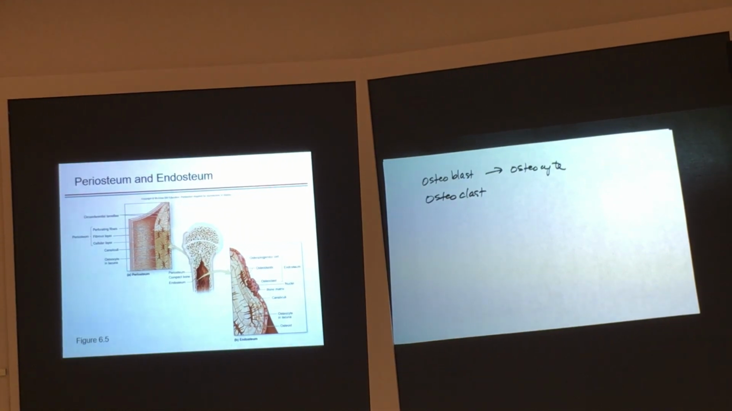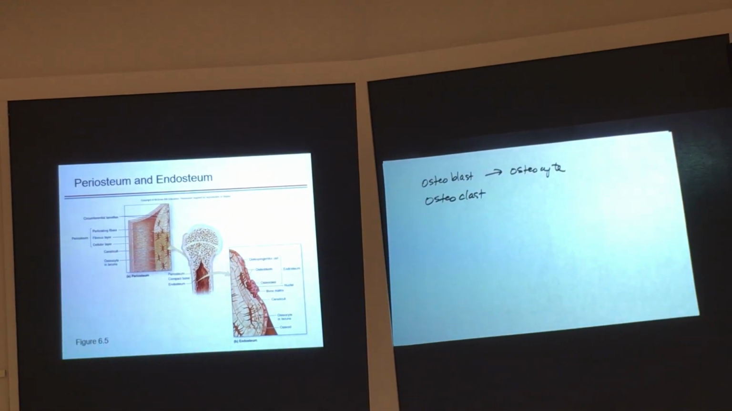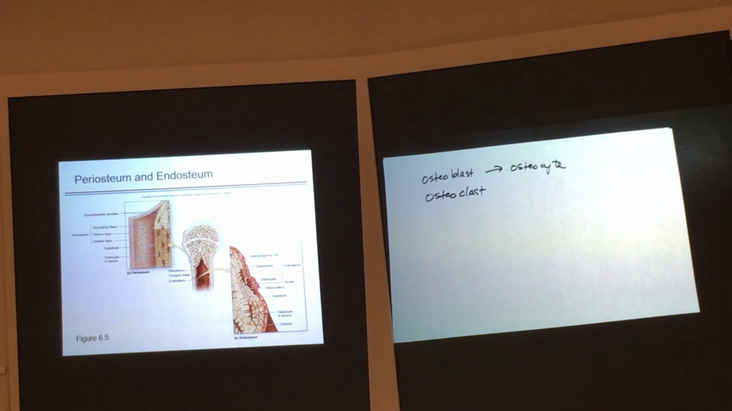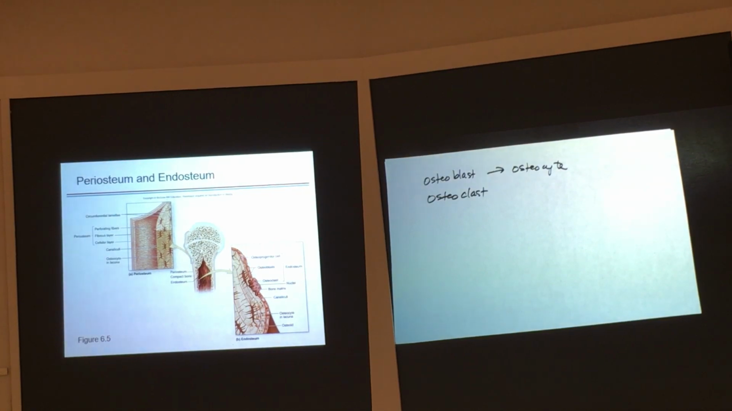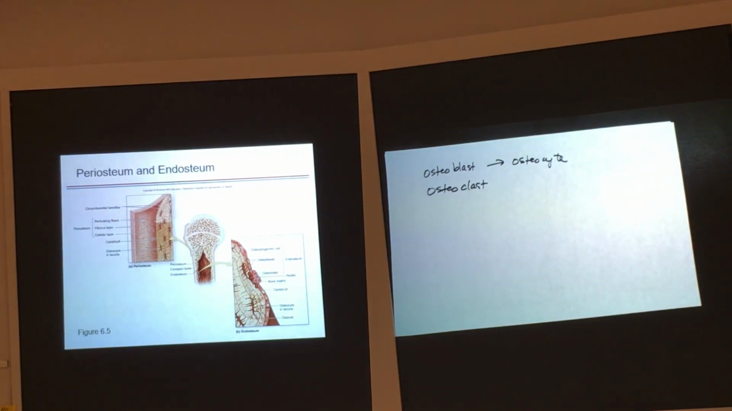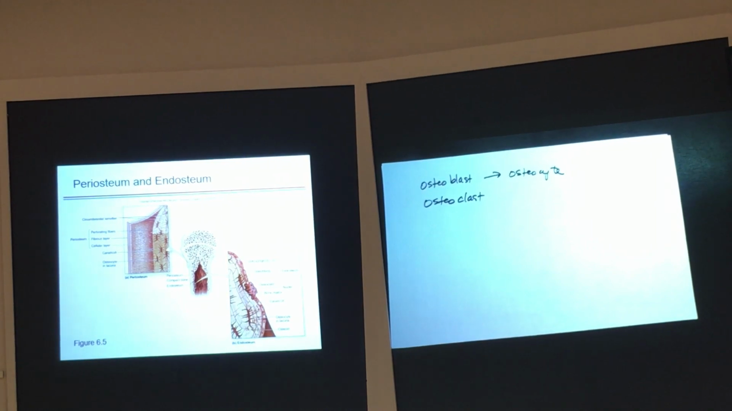So this with many nucleus is the osteoclast, but these are the osteoblasts that make the bone, and they will get trapped in that circle and become osteocyte. So these are the bone makers. This is the osteocyte that maintains the bone, and this is what breaks the bone. So it's got